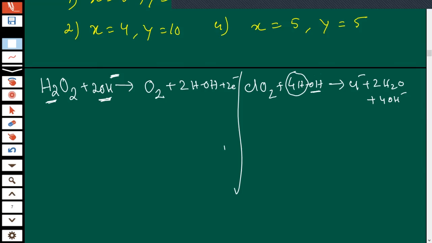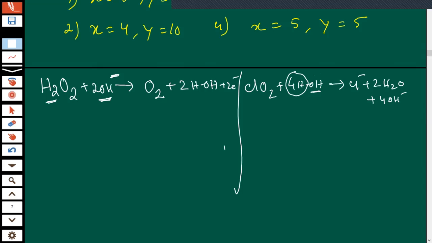This way you have to. I have applied every method. I have used H plus also, but the question framer told no, it is basic medium, so that option is gone. Then I have used directly 4 OH minus. In that process, what was the good thing? Hydrogen was balanced, but 4 extra oxygens came. So it is the best way.